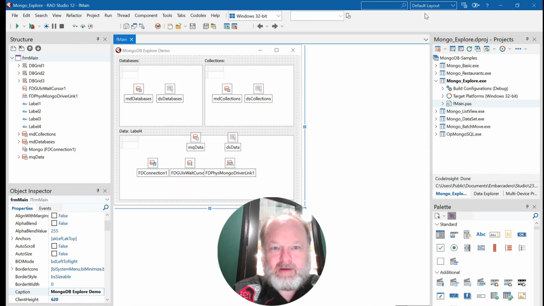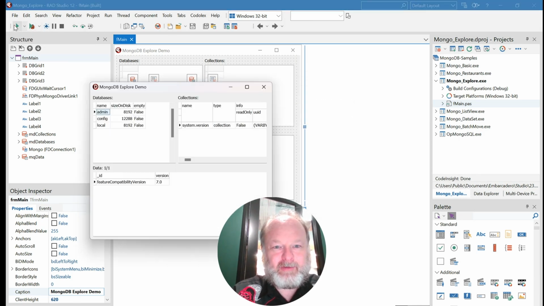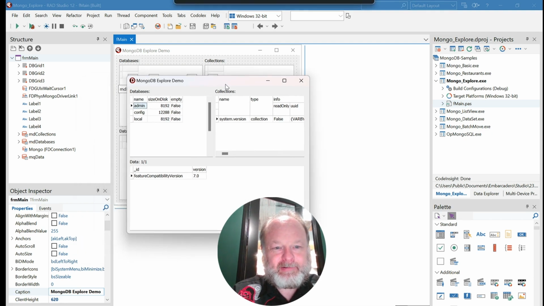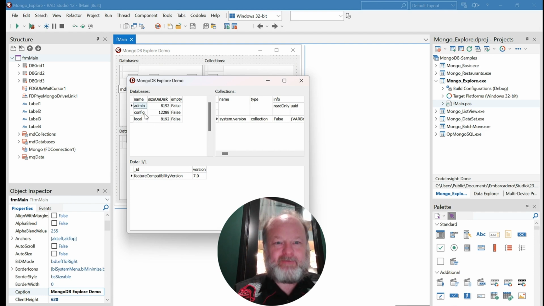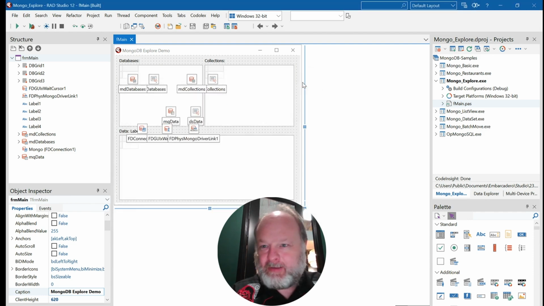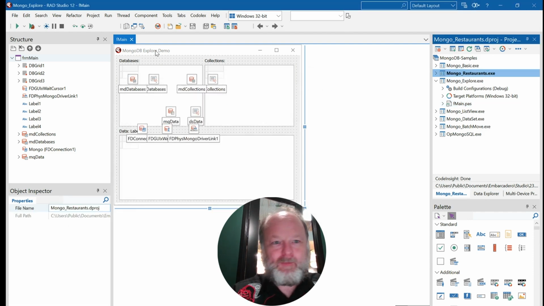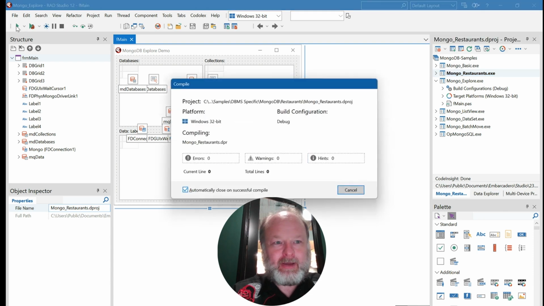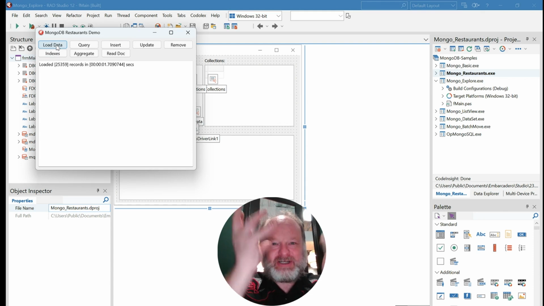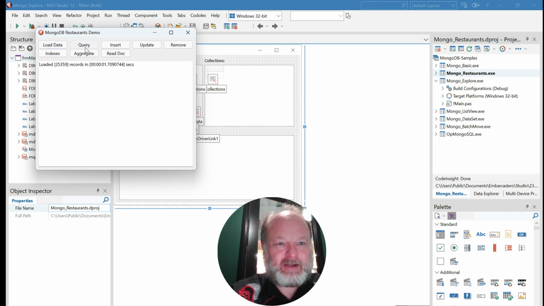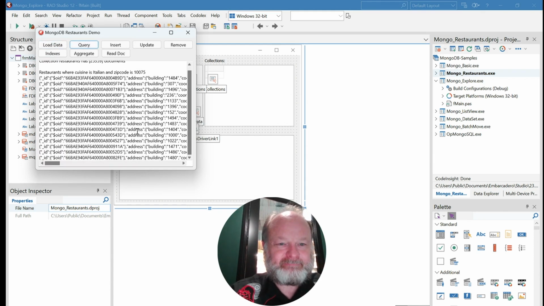And let's go ahead and connect to it. So this is the MongoDB sample that shipped with Delphi. And right now, there's not a lot of data in here because I just booted up a brand new fresh container. But if I go to the restaurant sample here and run that one, it has a load data here, which just injected all the restaurant data in there,